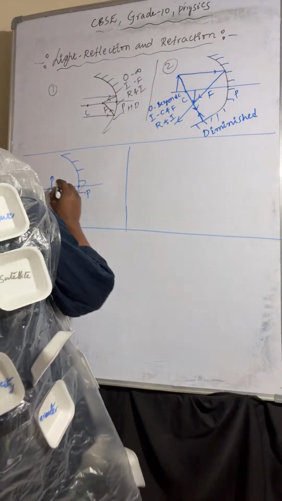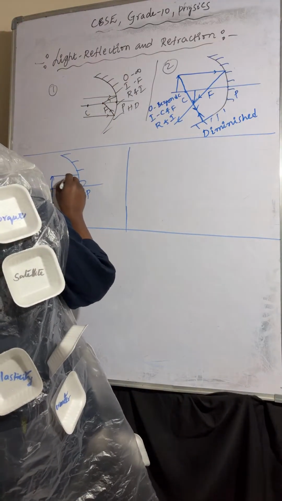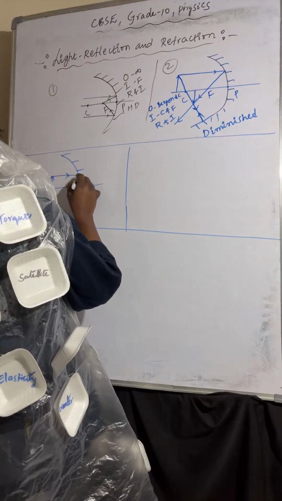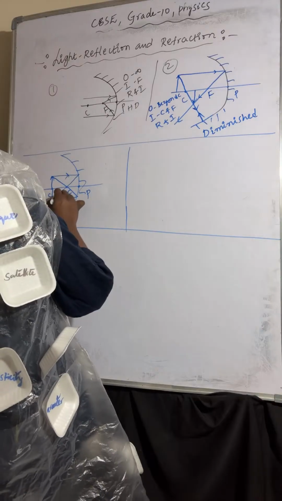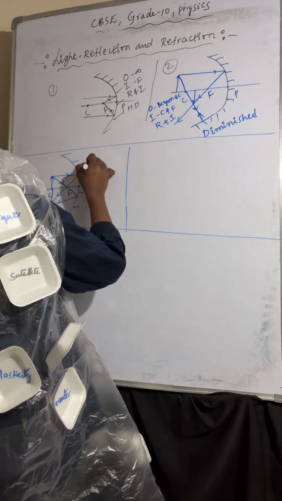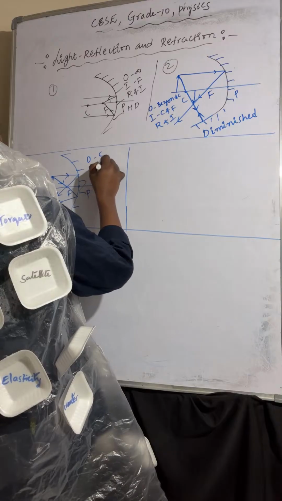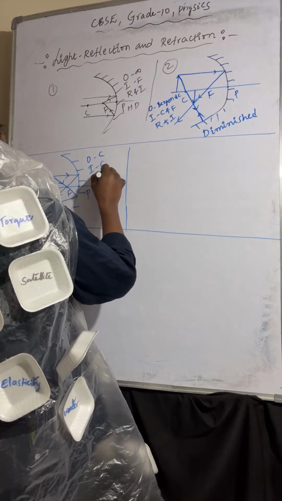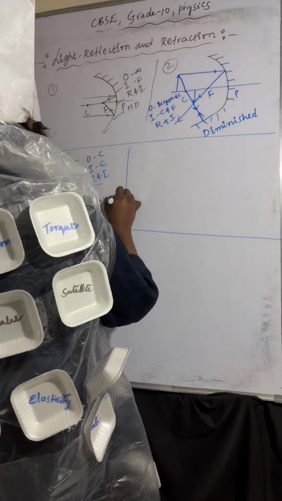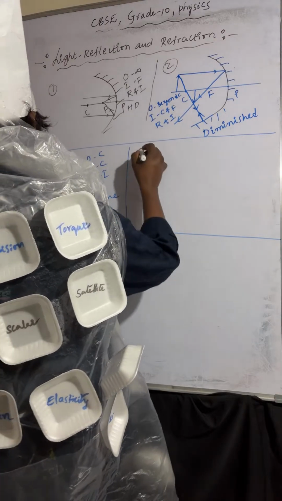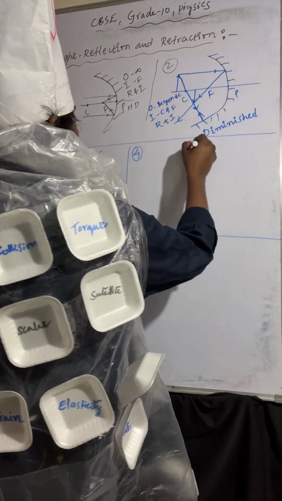How many light rays am I taking? One light ray I am taking like this. It will pass like this. Another light ray is passing after reflection. So the light rays will meet here. Object is placed at C, image also will form at C. Nature of the image is real and inverted. Size of the image is the same size. Understood? Coming to the fourth one.